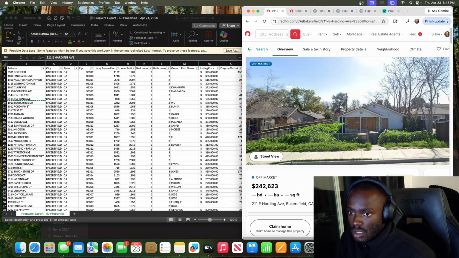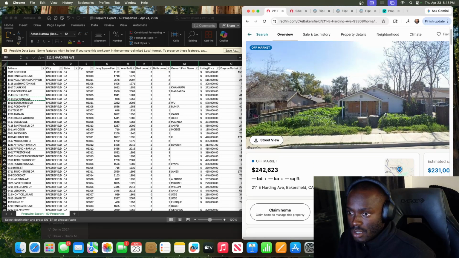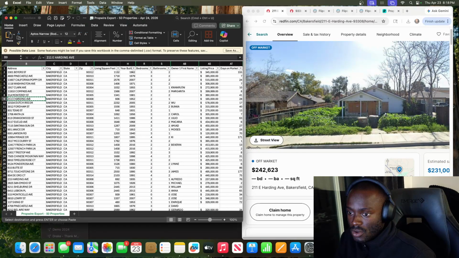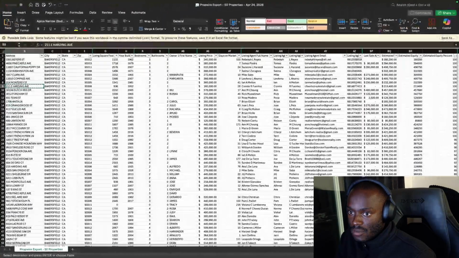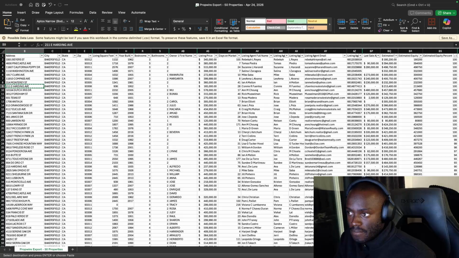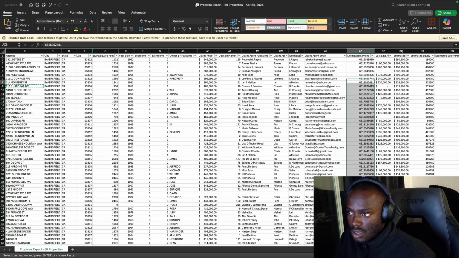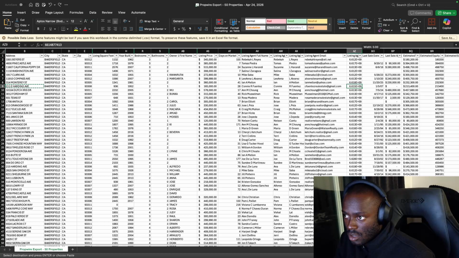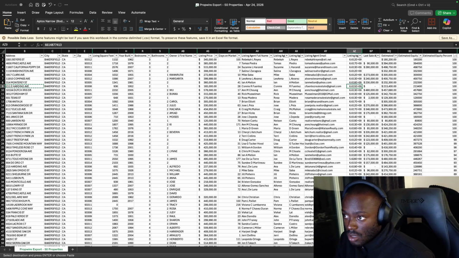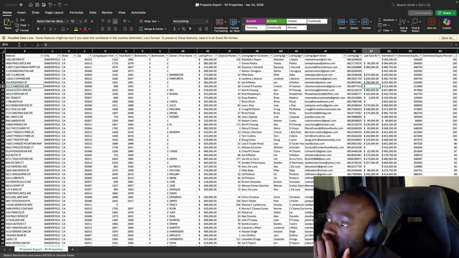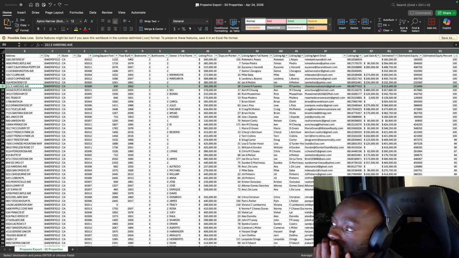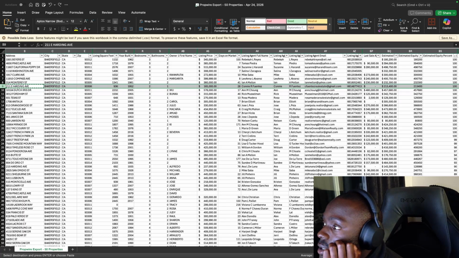It's off market, but it says that it was listed. And if that's the case, do we have contact information for the listing agent? We do. What? Phone number.